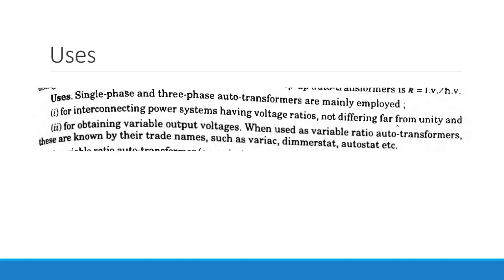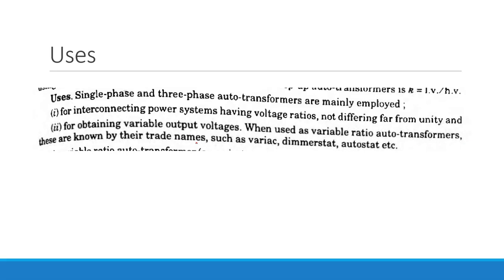Already we said that if the transformation ratio is near to unity, at that time we must prefer this transformer, because economics is involved. You can save a certain amount of money and losses will be less, so basically it is going to reflect in saving economics. The second thing, for obtaining variable output voltage,